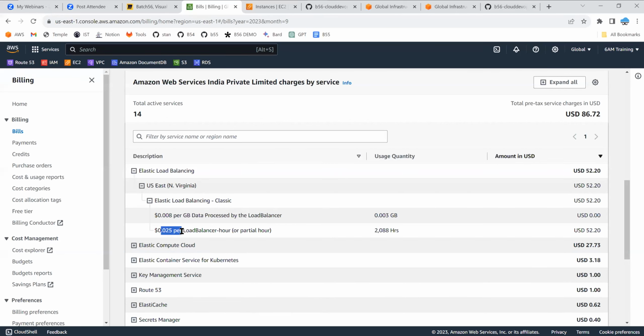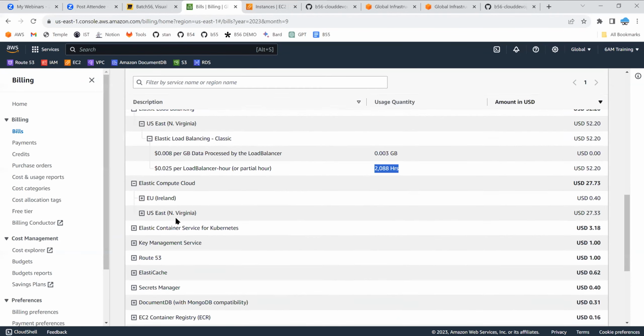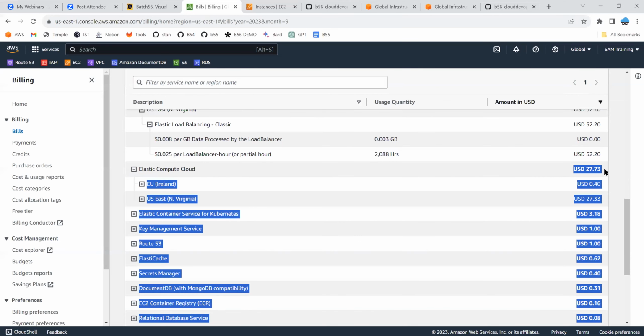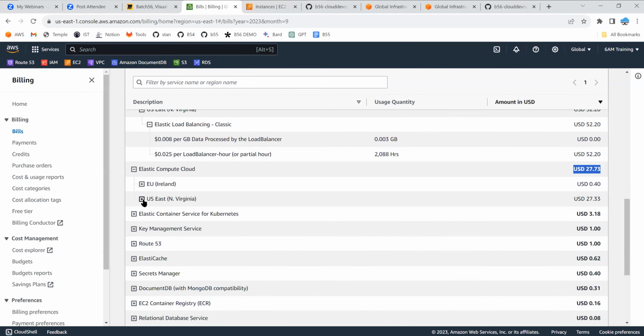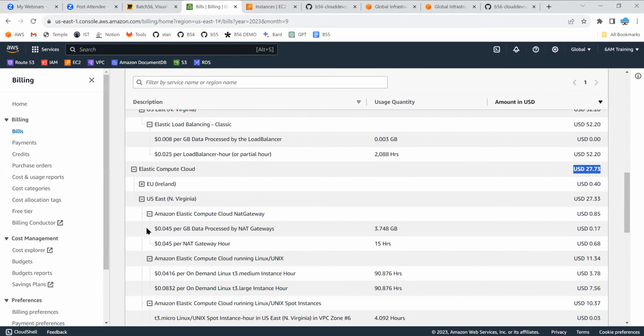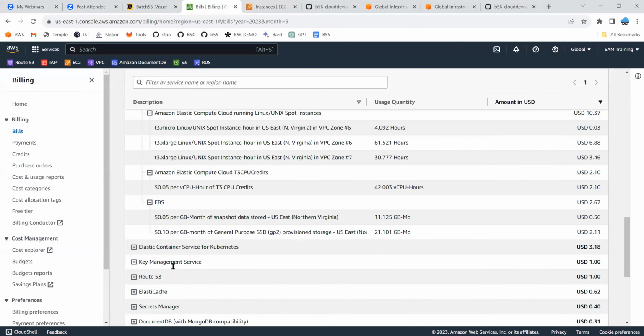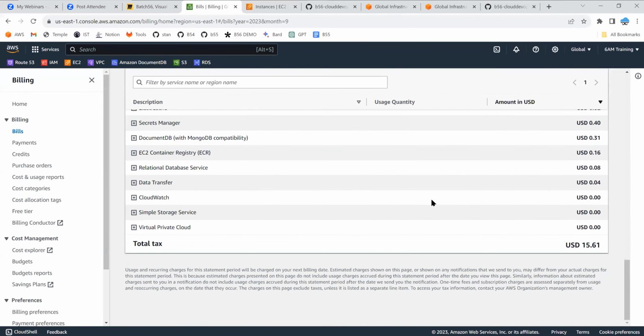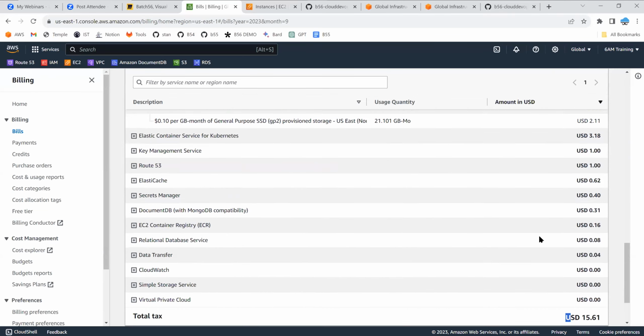You can also see I majorly incurred cost from the load balancer, and it's charged on an hourly basis, which costed me around $52 for around 2000 hours I have used. Also, if you scroll down at the bottom, EC2 Elastic Compute Cloud, $27 I got, in US North Virginia. These are the reasons: I have used $0.0416 per hour of T3 medium, $0.0832 of T3 large, and likewise, based on the services you use, you get billing. On top of it, $15 is the tax. When you sum it up, it came around